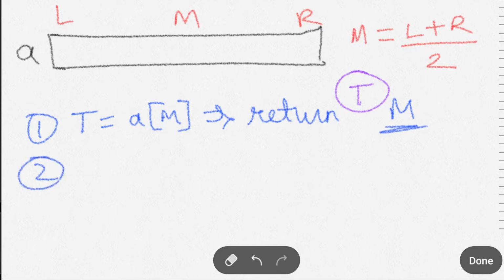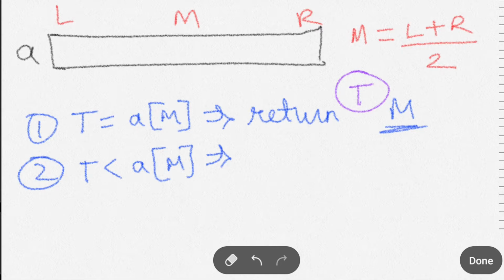The second condition is if T is less than A of M. And one more thing, the array is always sorted. In binary search the array should always be in ascending order.